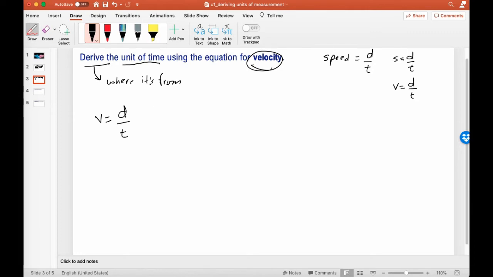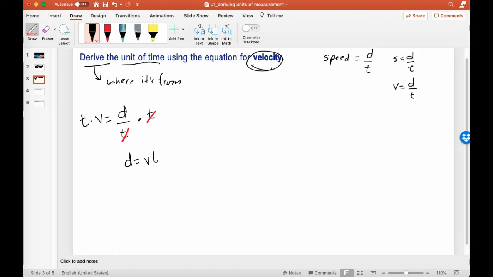So if you were in your math class, then what you would do is go and multiply. To get time by itself, you would multiply this side by t, and you can see that it would cancel out here. But you would also have to multiply this side by time, and you see that it does not cancel out. So now we have a new form of the equation: distance equals velocity times